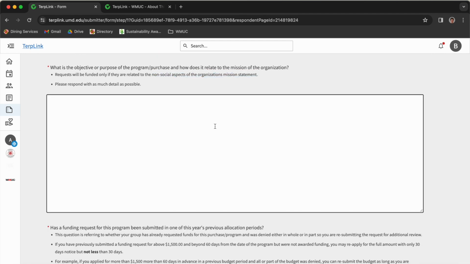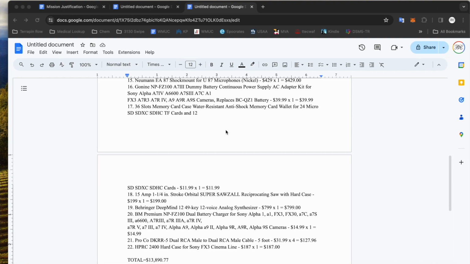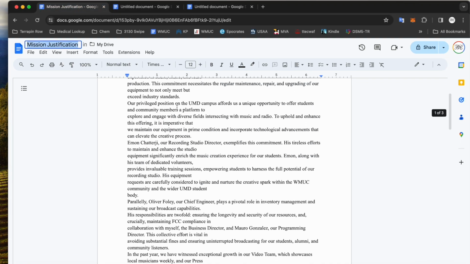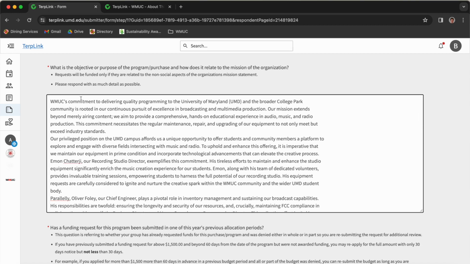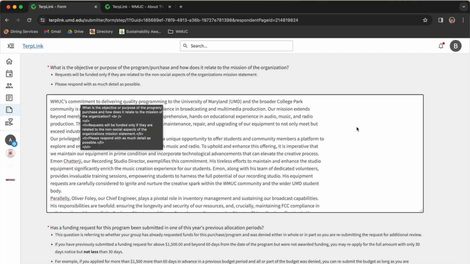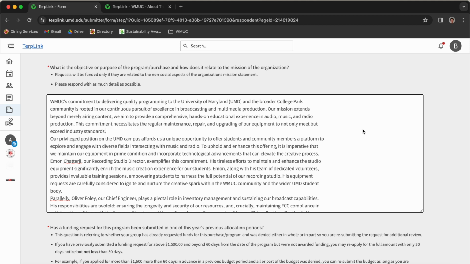I've already prepared this material here. This is the mission justification. I'm going to copy this in, and we can briefly go through the content of this justification. What I've stated here is that WMC's commitment to delivering quality programming to the University of Maryland and the broader College Park community is rooted in our continuous pursuit of excellence in broadcasting and multimedia production. Our mission extends beyond merely airing content, aiming to provide a comprehensive hands-on educational experience in audio, music, and radio production. This commitment necessitates the regular maintenance, repair, and upgrade of our equipment, not only to meet but exceed